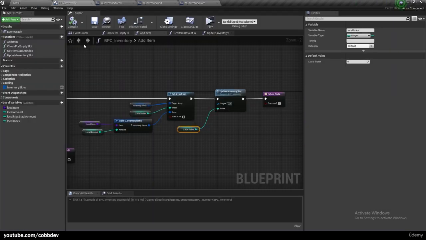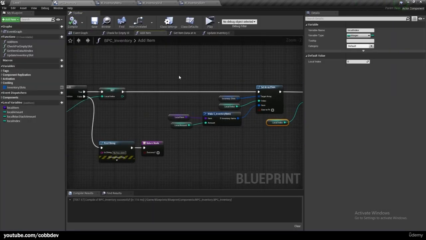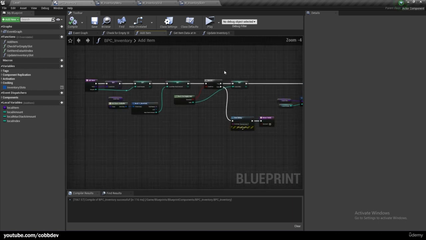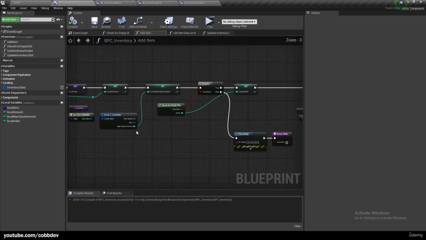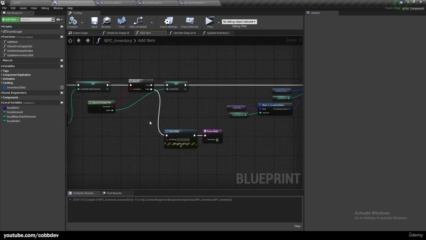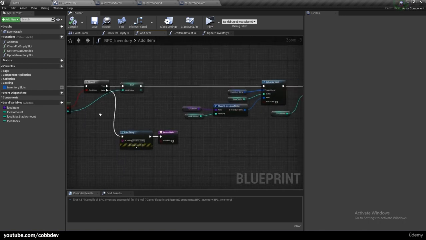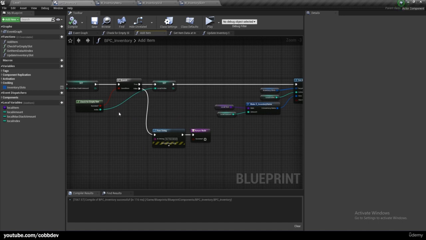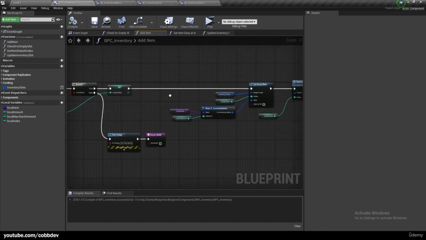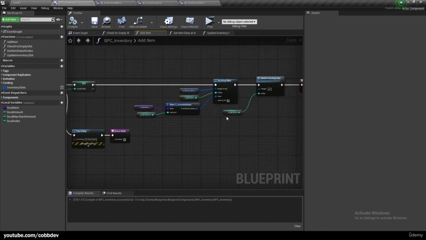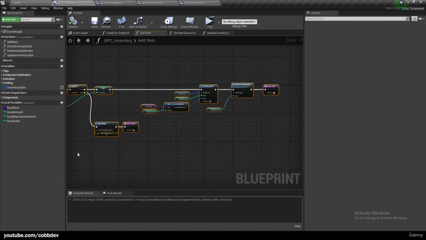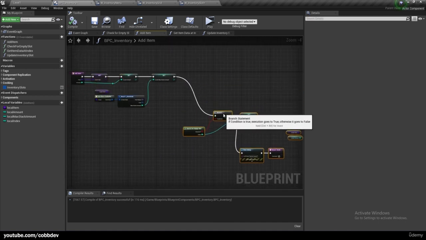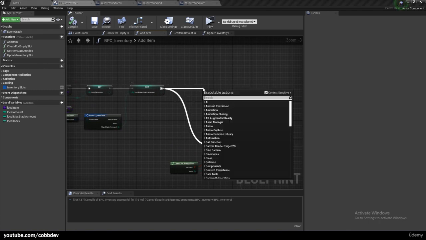So let's go into our BPC inventory, and in add item, I'm just going to scroll out here. We just want to check if the max stack amount is greater than 1. And if it isn't, we just want to do all of our old code here. If you can only pick up 1, we just want to check for an empty slot because there's no reason to check for stacking. So we can just pull this down, create a new if statement,